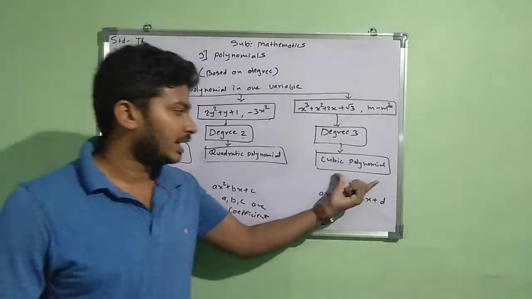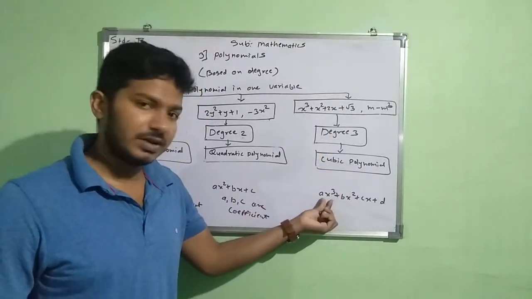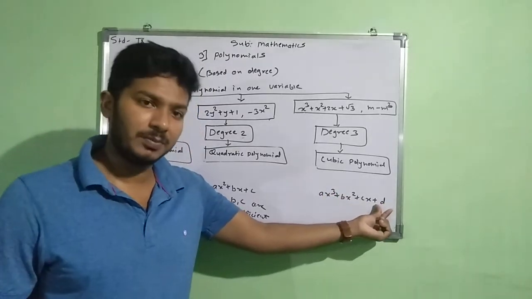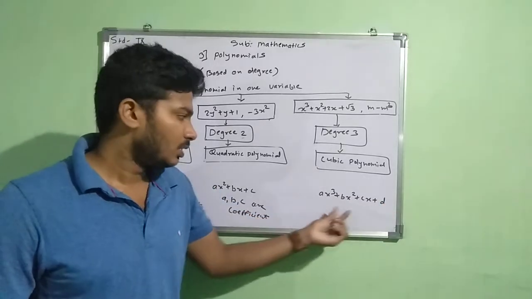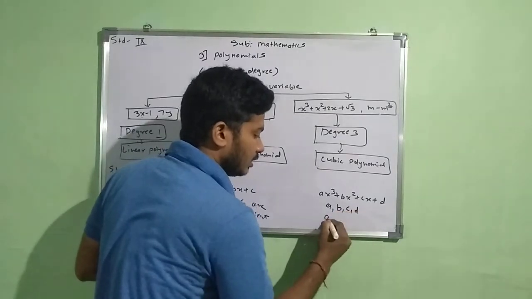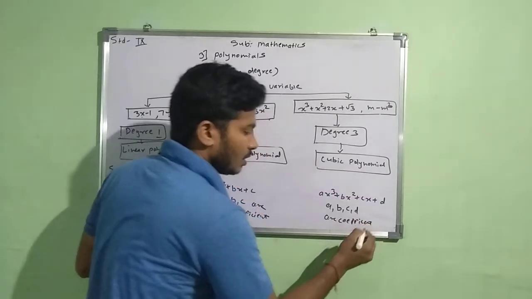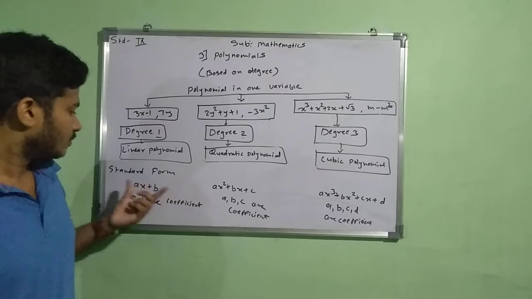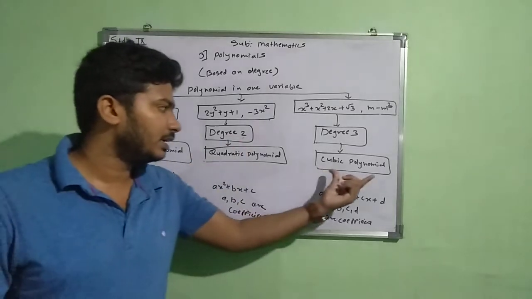Now similarly we have the standard form of cubic polynomials, that means power of first variable will be 3, second will be 2, third will be 1, and constant term have degree as a power as a 0. So that here a, b, c and d are coefficient. Coefficient means any number. Okay, now that is what about the standard form of that linear polynomial, quadratic polynomial and cubic polynomial.